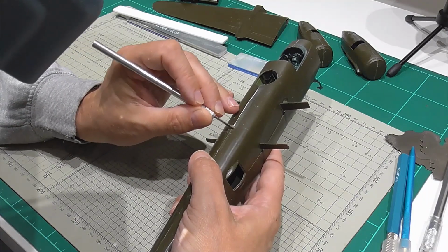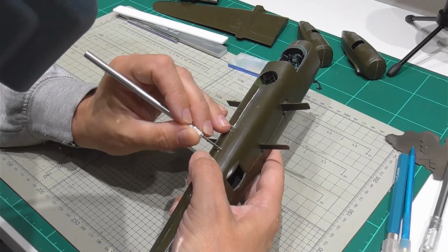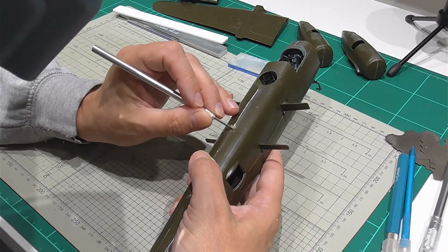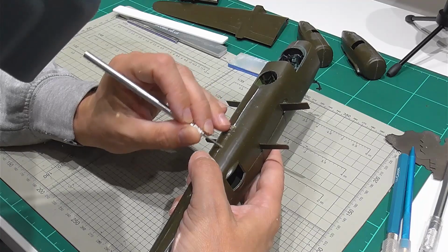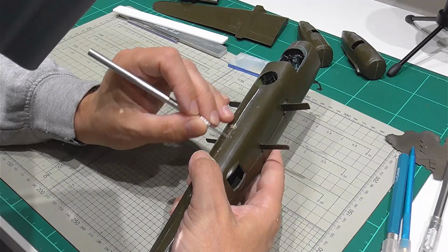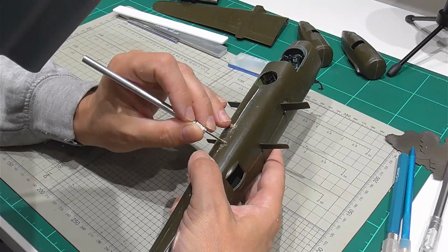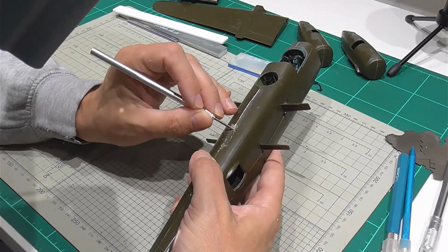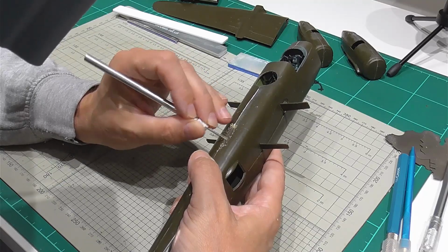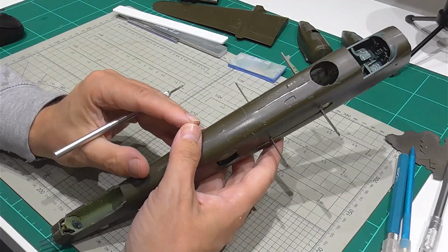And just keep going until you've got it level. You'll see it go, you'll just see the sort of shiny styrene underneath. It will just fade once you get down to it being level. Alright, it's a hell of a lot better there. You can see that, but